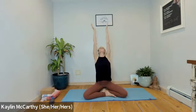The gaze follows till the palms touch. And then exhale, slide the hands down to heart center, tucking the chin into chest, returning home here. Inhale to come out and up. Exhale to slide it on down. One more time, inhale to come out, up. Exhale to return to heart, this time letting the hands slide all the way down through to the thighs,